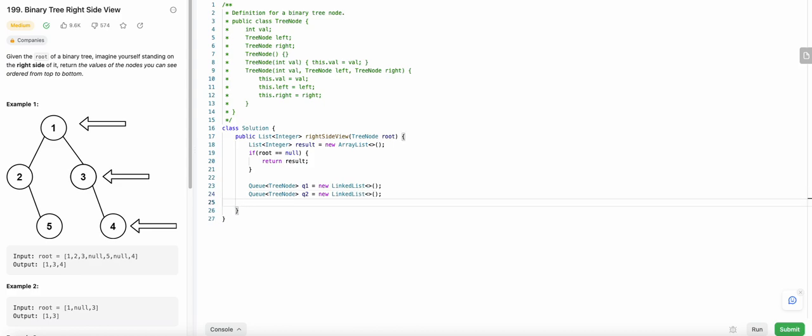Let's first add the root to the first queue. Then, while the first queue is not empty,